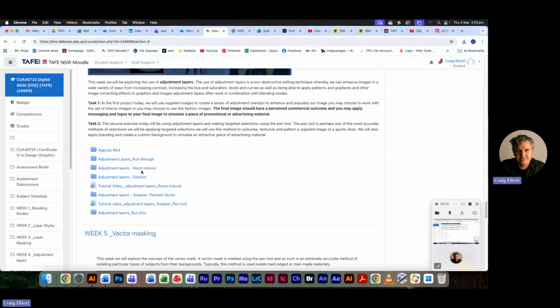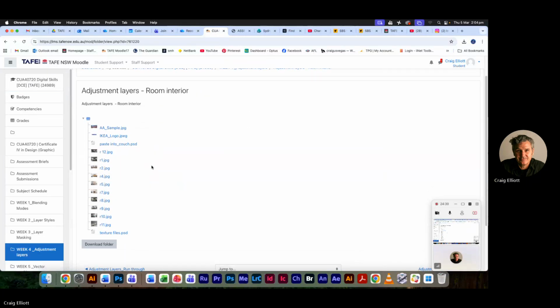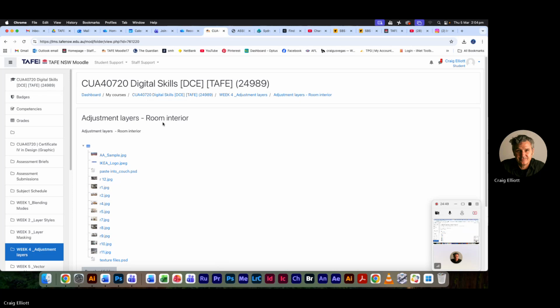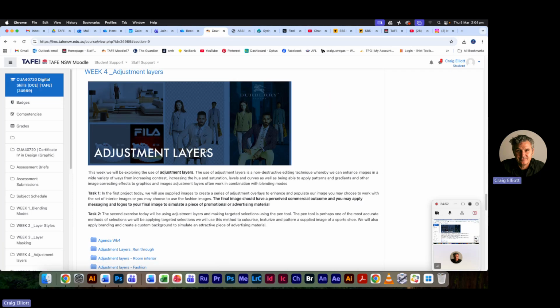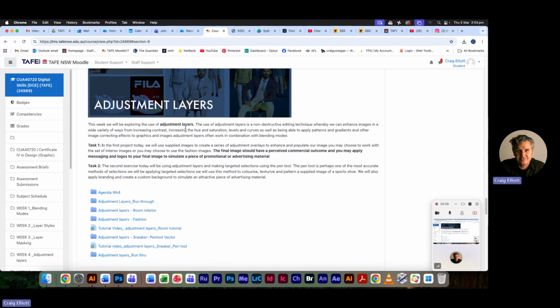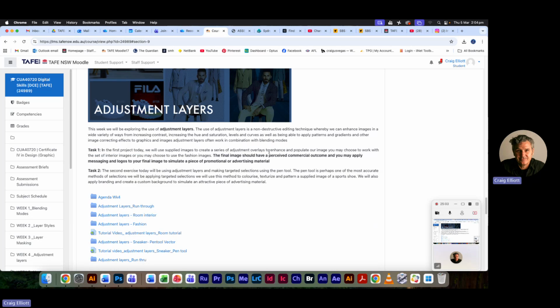On the Moodle, I'm going to use these images here. What I do want to use are the texture files. And I might actually just use this paste-in couch image, but there's a whole range of them that are there. So I've just downloaded the folder. We just have a look at it. What we're going to do is we're just going to pop a logo on the image after we've fixed it